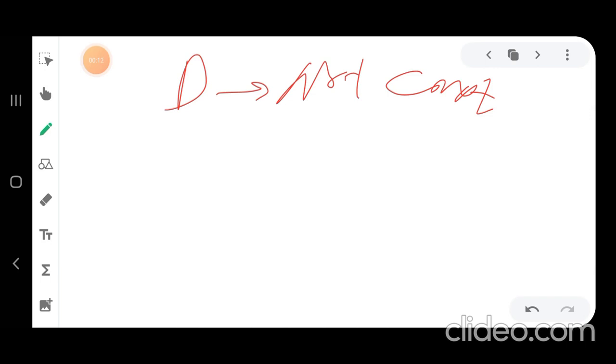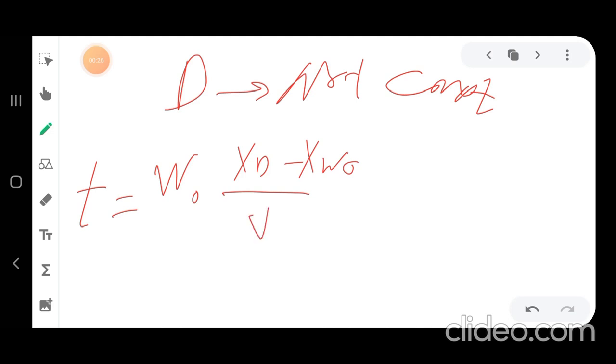We can calculate the time through this integral equation, where we have W naught times xd minus xw naught over the integration from xw to xw naught. It's a reversed integration from end to beginning,